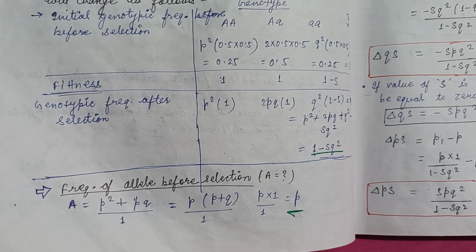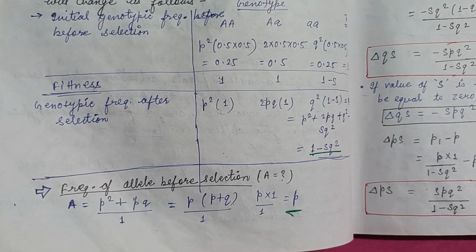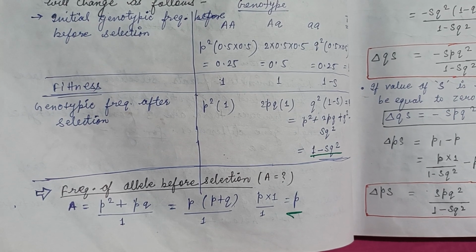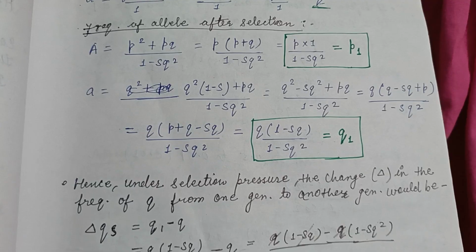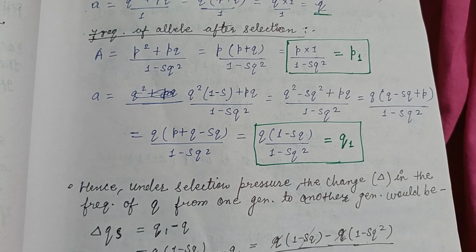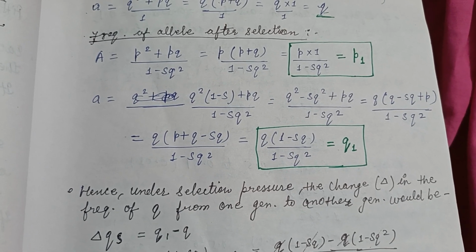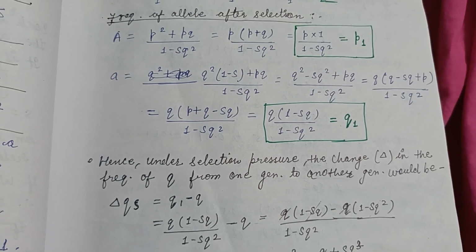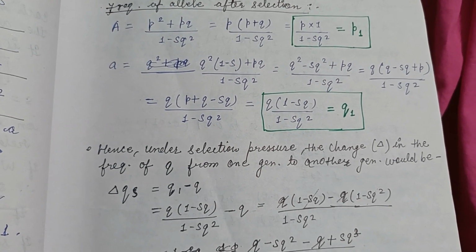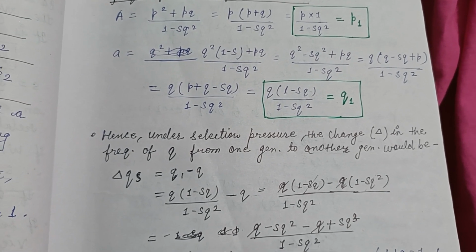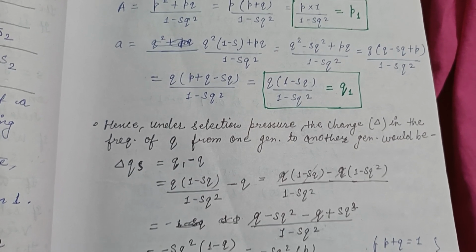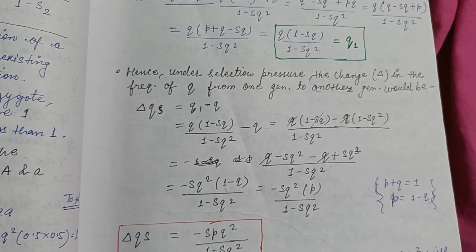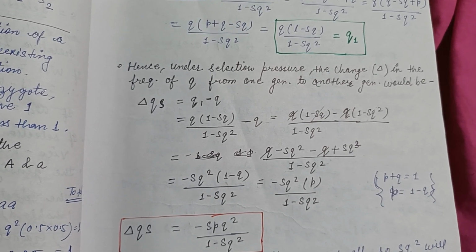The frequency of allele before selection, that is capital A, includes both the homozygote dominant plus heterozygote, that is p square plus pq, divided by 1. The frequency of capital A before selection is p, and the frequency after selection is p1. With the help of these calculation formulas, we get the formula q1 equal to q minus s q square divided by 1 minus s q square. And the change in the frequency of q from one generation to another generation would be